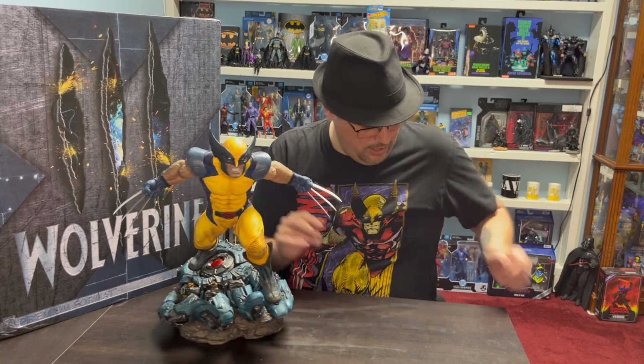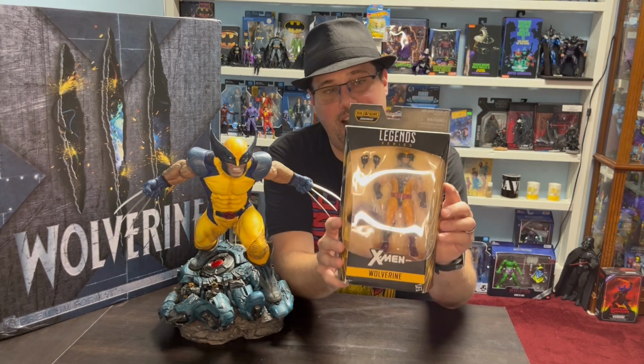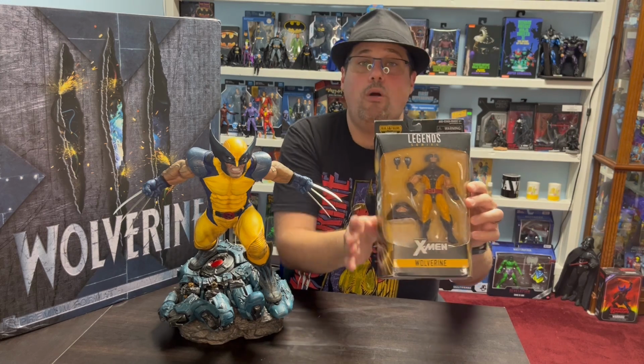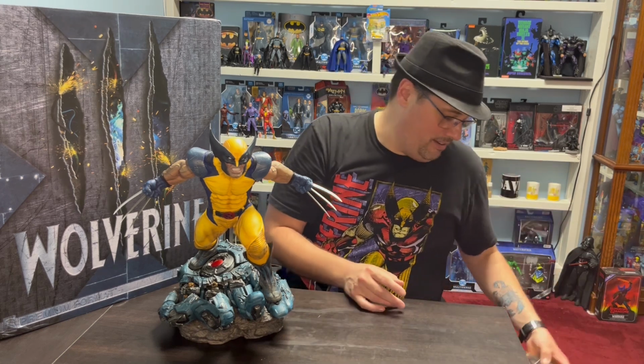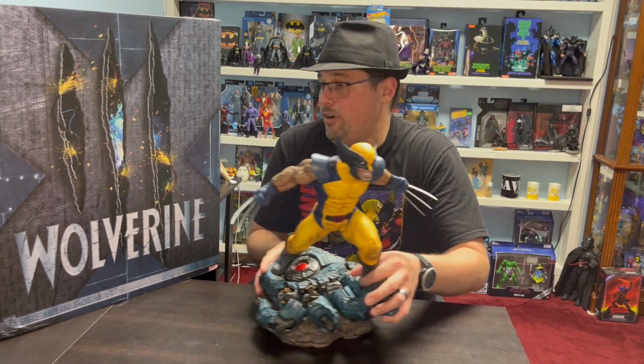My first favorite, you may notice this on my shirt here too, is the classic brown and yellow suit. There we go. And I want you in the comments below to tell me what your favorite Wolverine costume is. I know there's a big debate on which one's the best, and technically, as a professor of Wolverineology, they're all correct. But before we get into the statue, ooh, I don't want them to fall, we're going to take a look